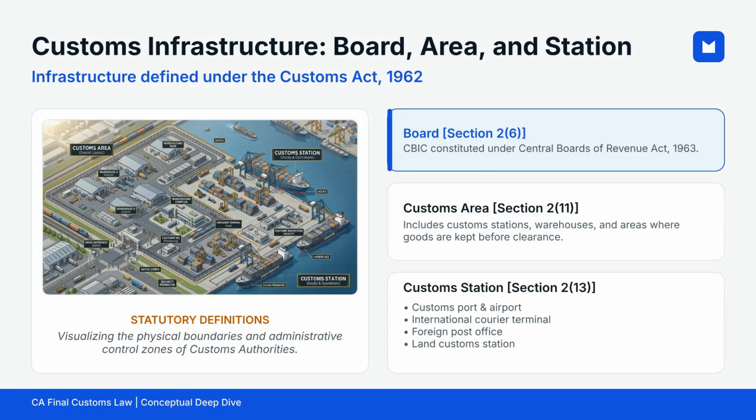Let's understand 3 important infrastructure-related definitions. First, the board refers to the Central Board of Indirect Taxes and Customs, or CBIC, constituted under the Central Boards of Revenue Act, 1963. Second, a customs area includes customs stations, warehouses, and any area where imported or export goods are ordinarily kept before customs clearance. Third, a customs station includes customs ports, customs airports, international courier terminals, foreign post offices, and land customs stations. Together, these definitions establish the physical and administrative framework through which customs authorities monitor, regulate, and clear goods entering or